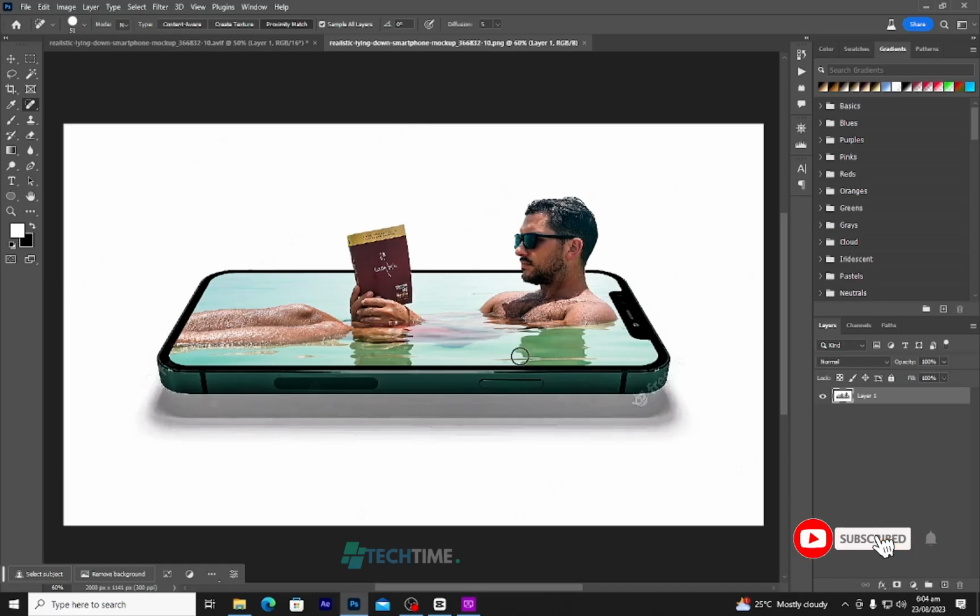Hi ladies and gentlemen, in this tutorial we'll be learning how to create a 3D pop-up effect in Adobe Photoshop. We are going to create a 3D pop effect like this, and I'll be showing you how I did this